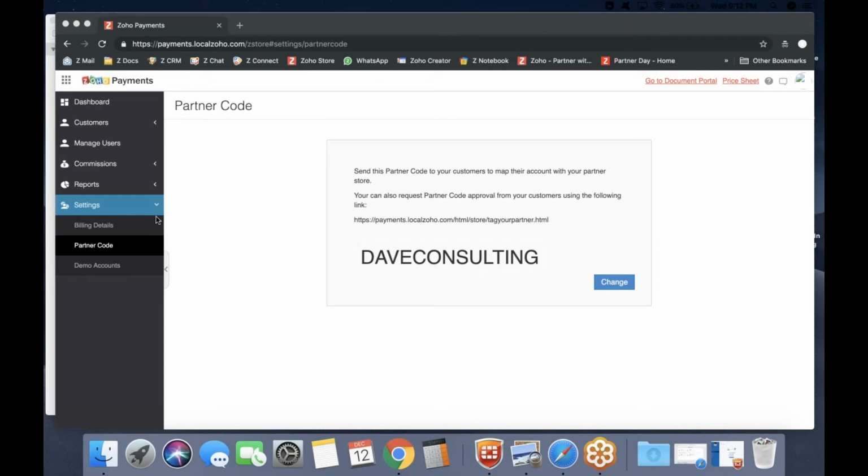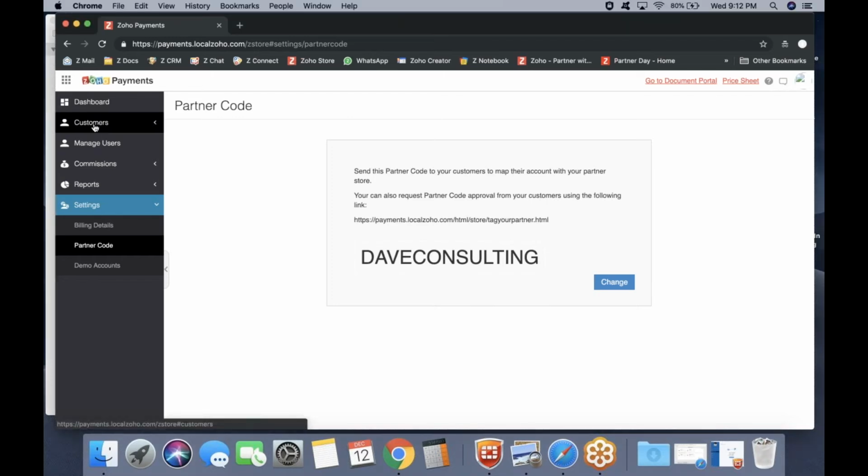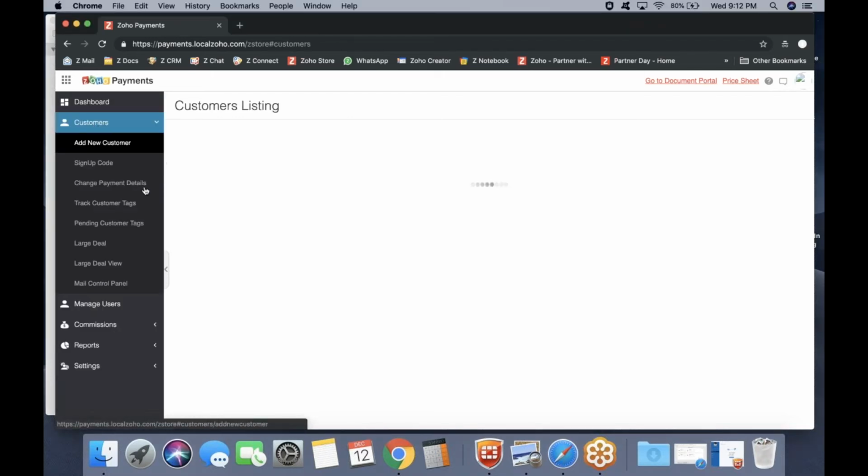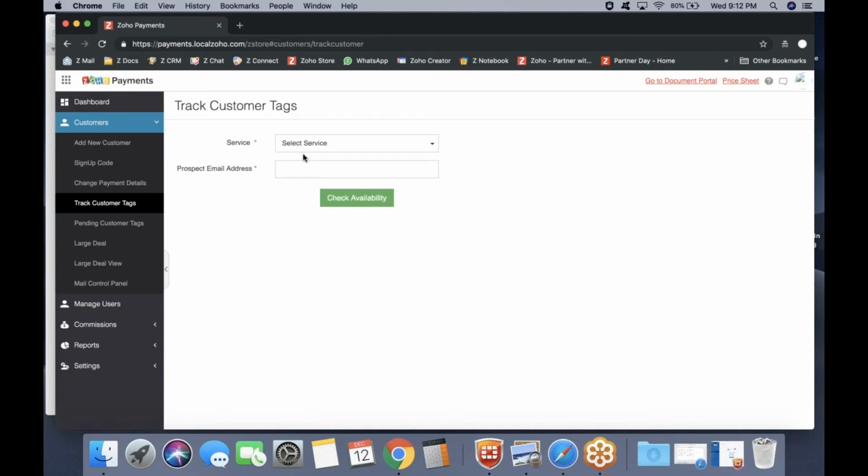What we can also do is from your customer tab here, you can track all the tag requests that you've given. So you meet with numerous customers every month, and you've requested tens of hundreds of customers to add a tag throughout a period of multiple months or many weeks. It is difficult for you to keep track, so you just select your service here, say CRM, and I'm going to add